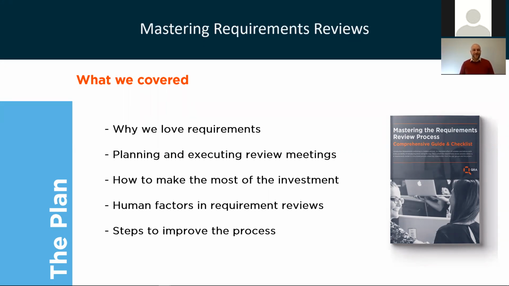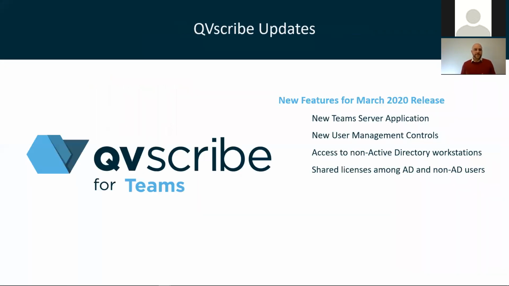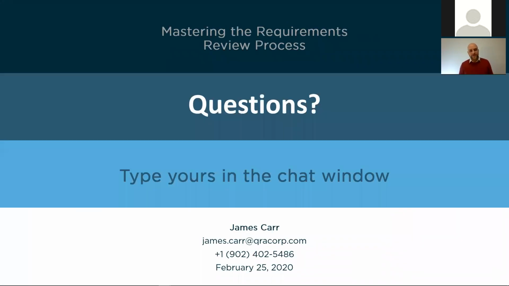Overall, I'd say make sure that you have a way that you want your team to write requirements. You don't have to write your whole standard from scratch. You can start with the QV Scribe configuration library that we have. You can tell your team to follow the INCOSE rules for writing requirements. You could choose to follow EARS or another method like that. But that's all going to be customized for your team. So as a next step, I would suggest